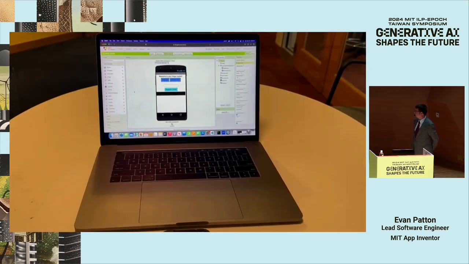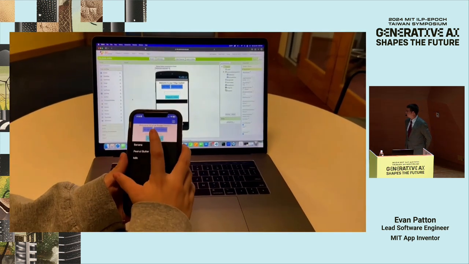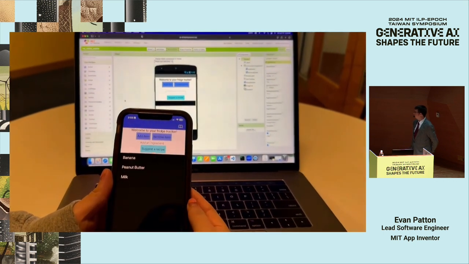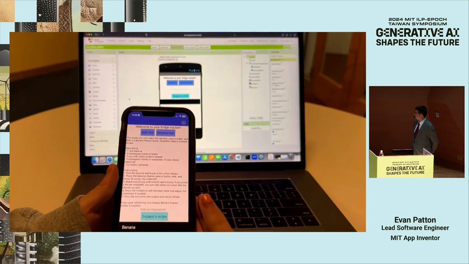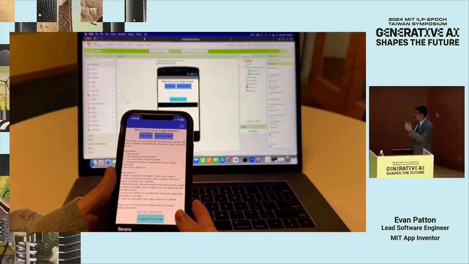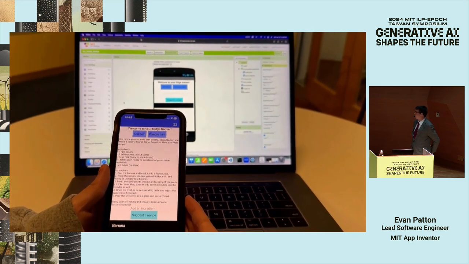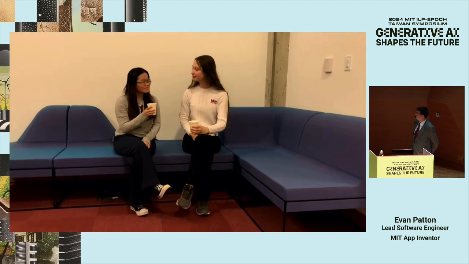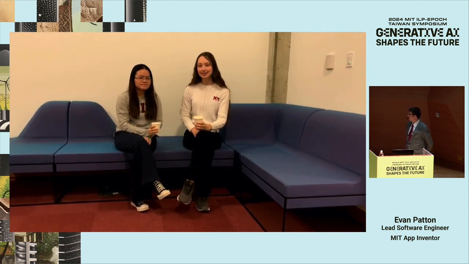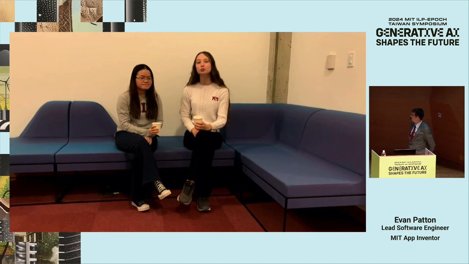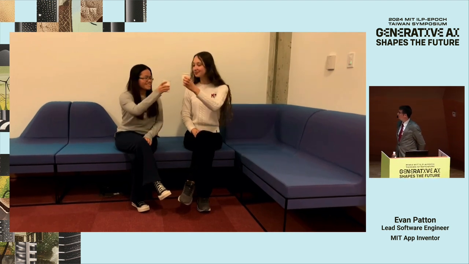Okay, let's see what we can make for lunch. Oh, cool. It recommended we make a peanut butter banana smoothie. That sounds delicious. That sounds really good. These smoothies are delicious. And that's how you can use Aptly to create and customize MIT App Inventor apps to solve real-world problems. Cheers.